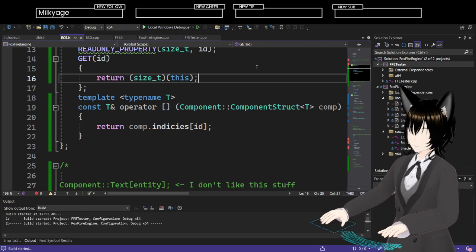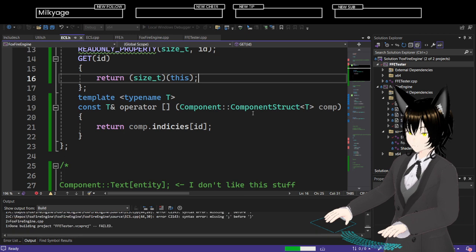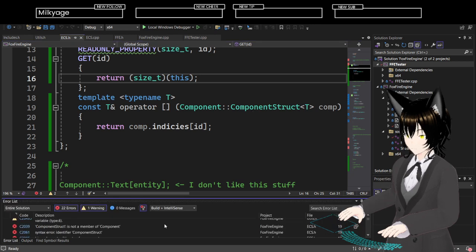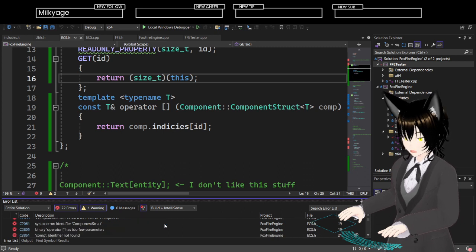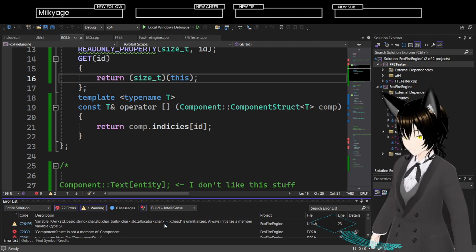It's still probably gonna yell at me. Too few parameters. Is that initialized or is it a variable type here? Component struct is not a member of components.